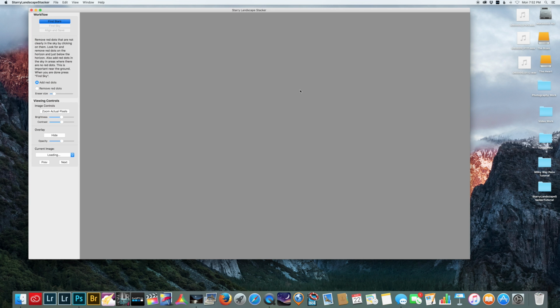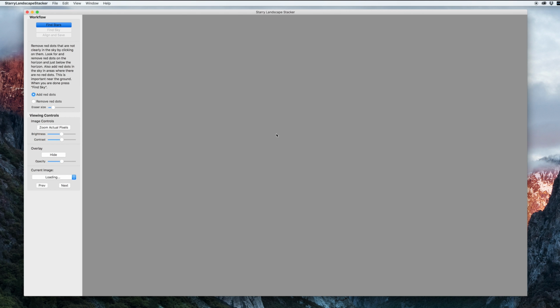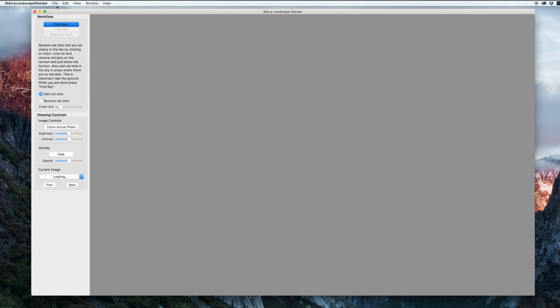Now unfortunately, Starry Landscape Stacker doesn't recognize RAW files, so you will have to export them out as TIFF files or JPEGs. For this tutorial, I'm going to use JPEGs just to kind of speed up the process. TIFF files are larger files and can bog down your system a little bit. So you want to go to File, Open,